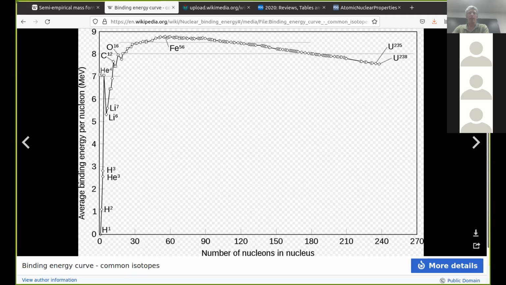So we have alpha particles as one type of radiation, but we don't have, say, another type of radiation where lithium-6 nuclei are emitted, right? But this is a particularly stable beast in here. Okay, then going further up, we get to carbon, oxygen, and then the most stable nucleus, the most binding energy